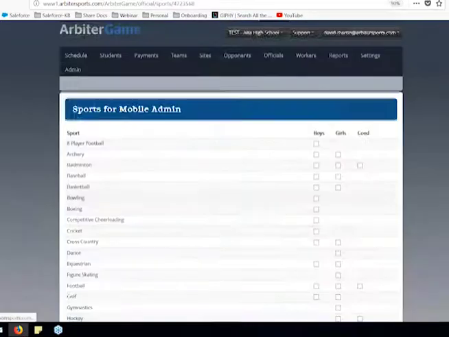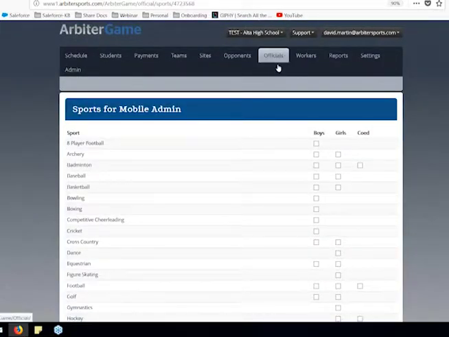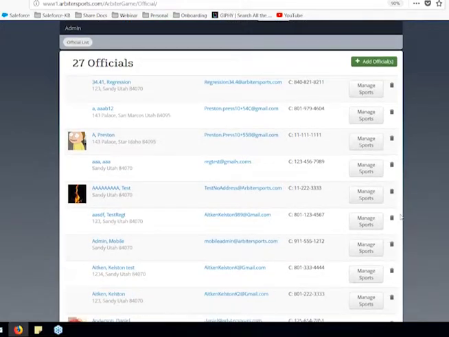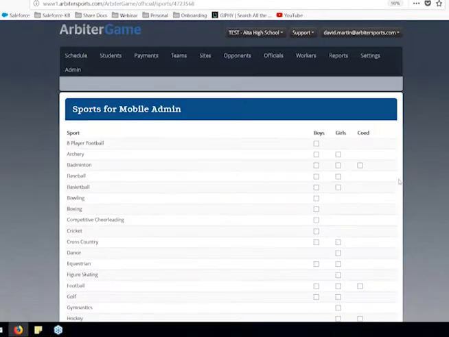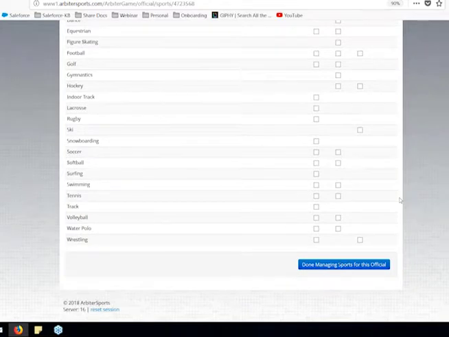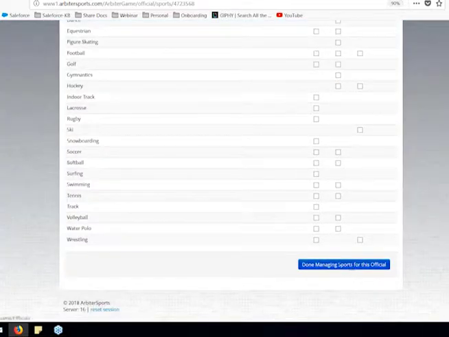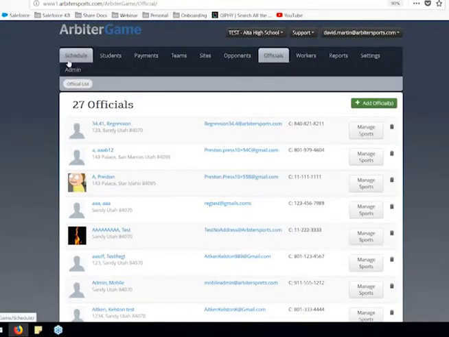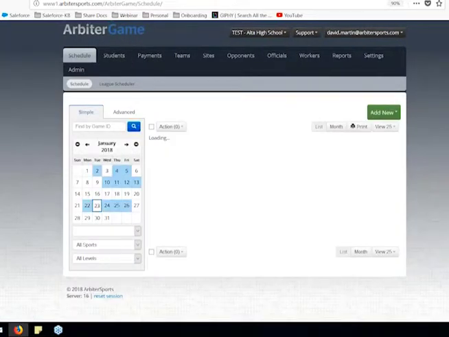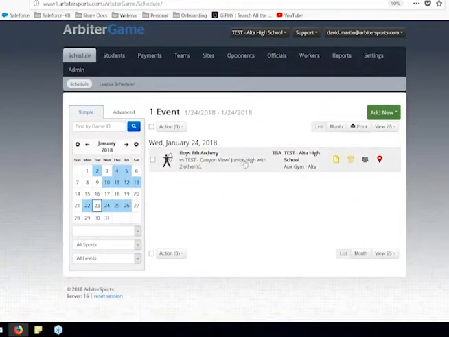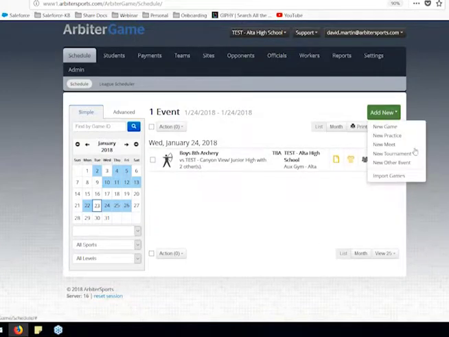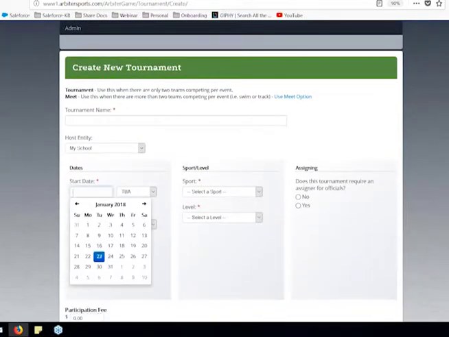Our tournament's very similar. So if we go ahead and we add a tournament in here, we can choose the start date, let's say for this Saturday. And our tournament's just going to run for 2 days. We're going to choose boys badminton here. We're going to say they're varsity badminton. It's going to ask you, do you have any tournament or do you need officials for this? We're going to choose yes. Okay, so it says we don't have anything in here, so we want to make sure we get that changed, which is fine.